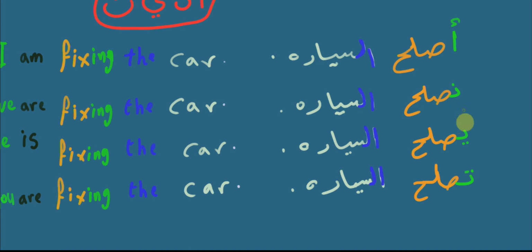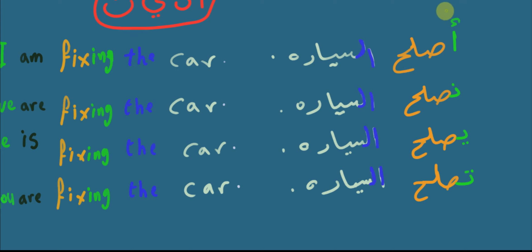Here are the present tense letters, and this here is the word to fix something. Notice I use these letters with the "ing" and with the verb. So this here covers both of these. In the English language, you use "I am" and "ing". So if you say I am fixing the car,